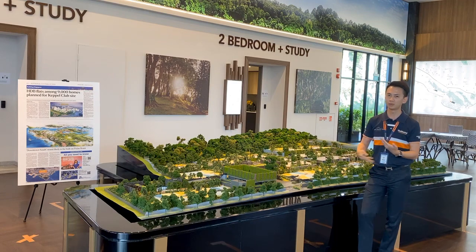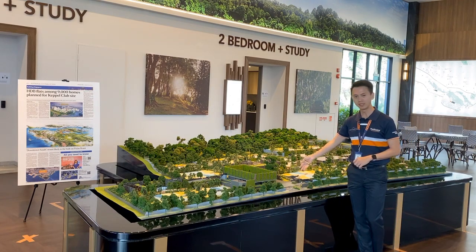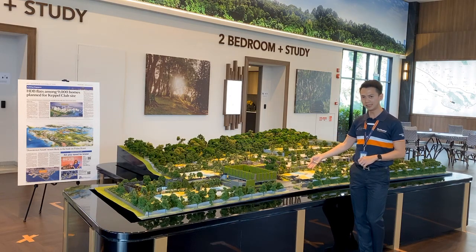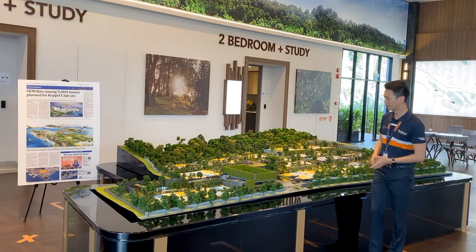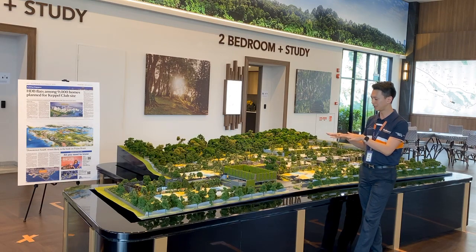So the guard won't be too busy with it. Those who drive in have two ingresses: one is for the visitor, the other for residents. Of course, there's one egress for the residents or visitors to go out, so it won't jam the space. And one of the good, so-called beauty of this development is that they made it low-rise, so it